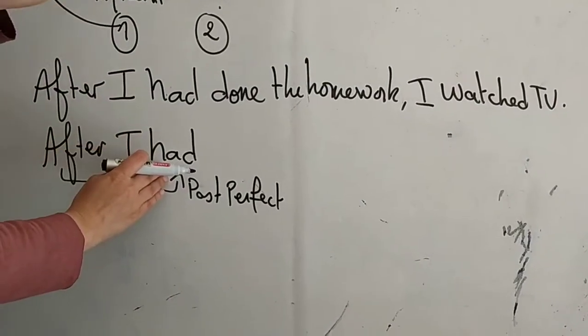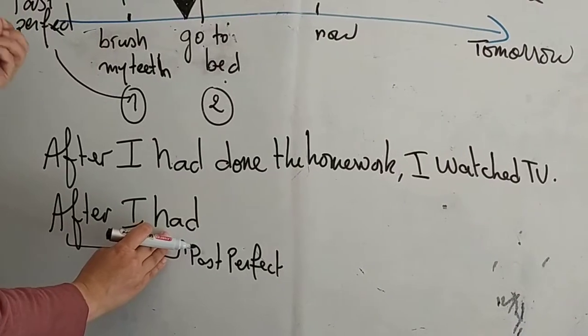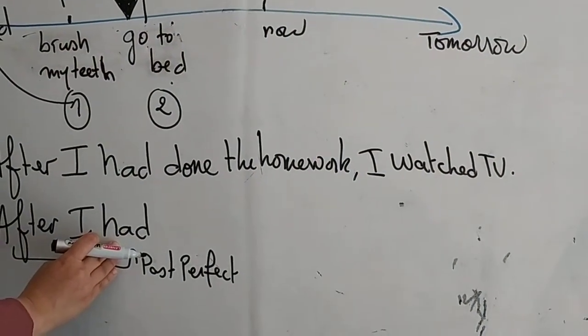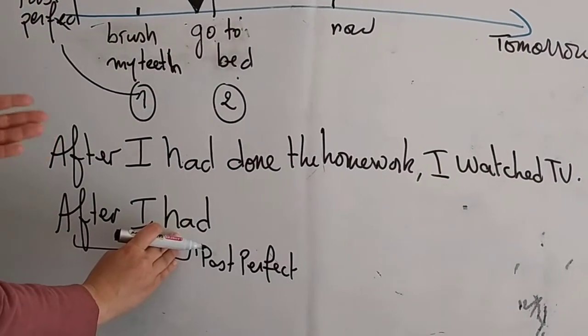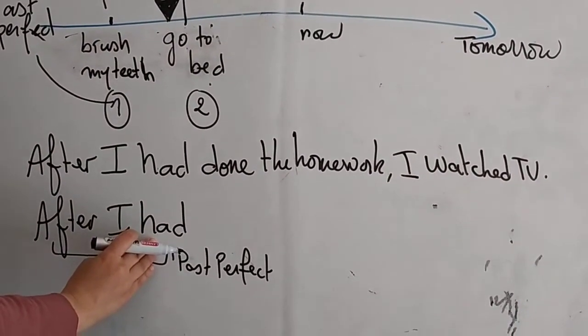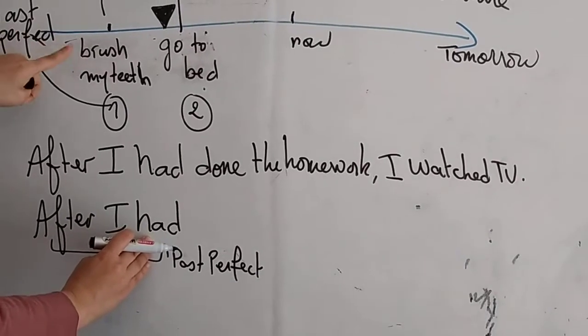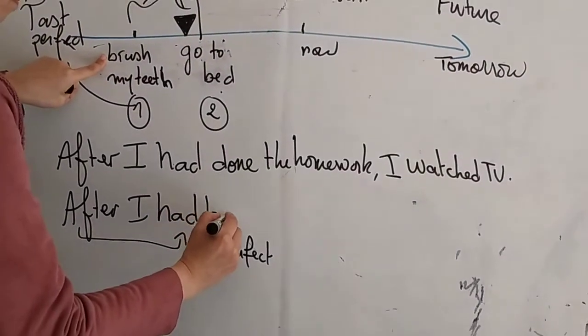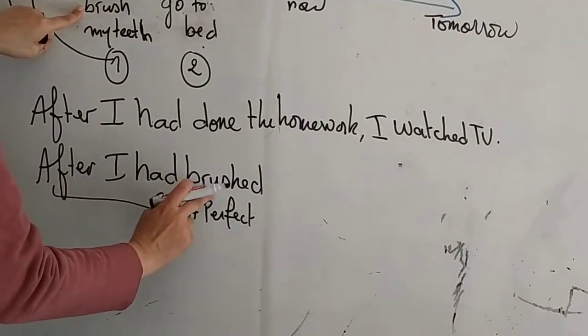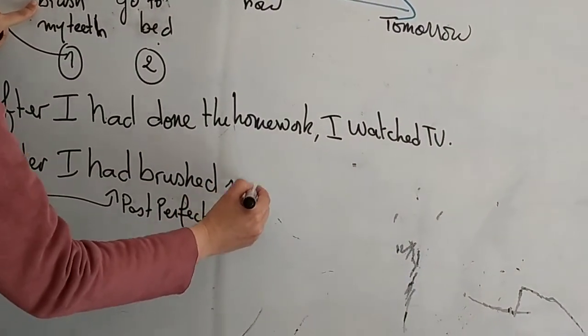Had is there. What do I have here? Brush. Brush is a regular verb. We said regular verb, what comes to your mind? So we need to add an ed to the verb to have the past participle. So brushed. After I had brushed my teeth